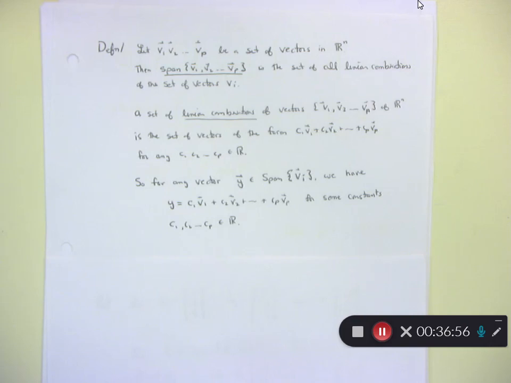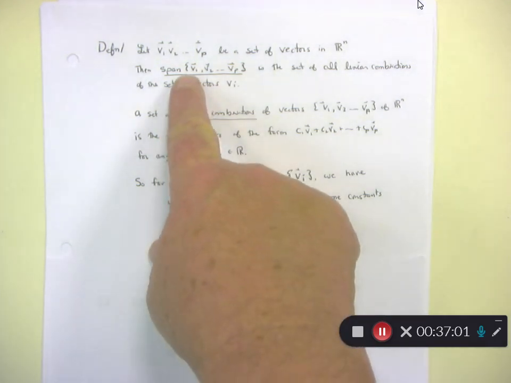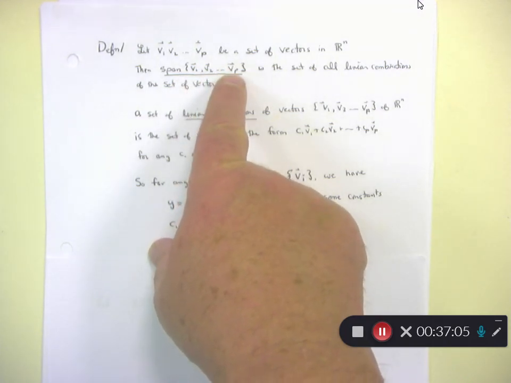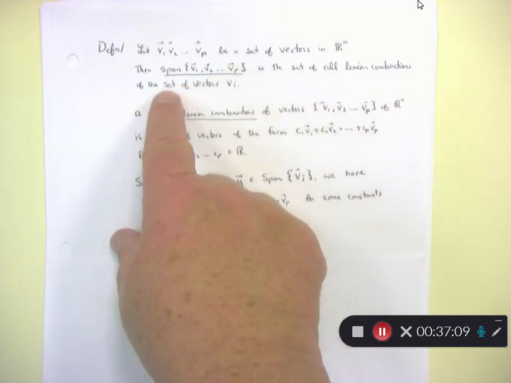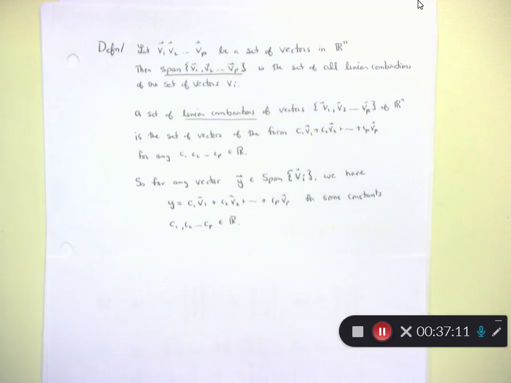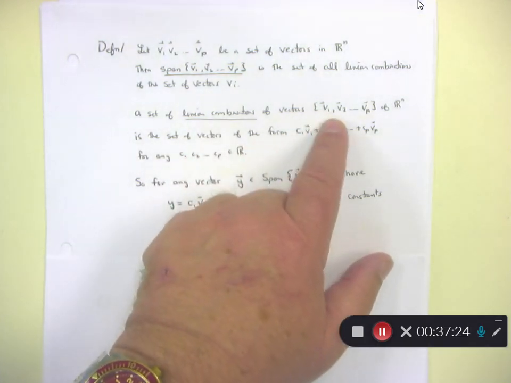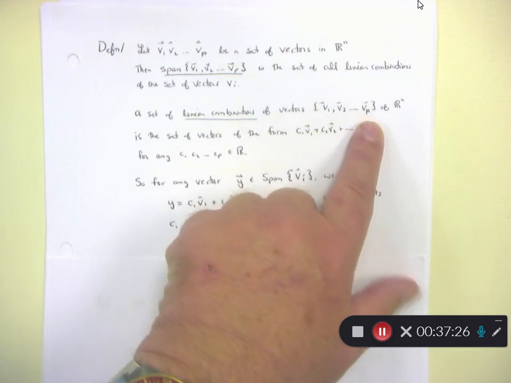Again, this is terminology. Then the span of V1, V2, ... VP is the set of all linear combinations of these vectors Vi. Now, what is a set of linear combinations? A set of linear combinations of a set of vectors, V1, V2, all the way out to VP, of Rn,